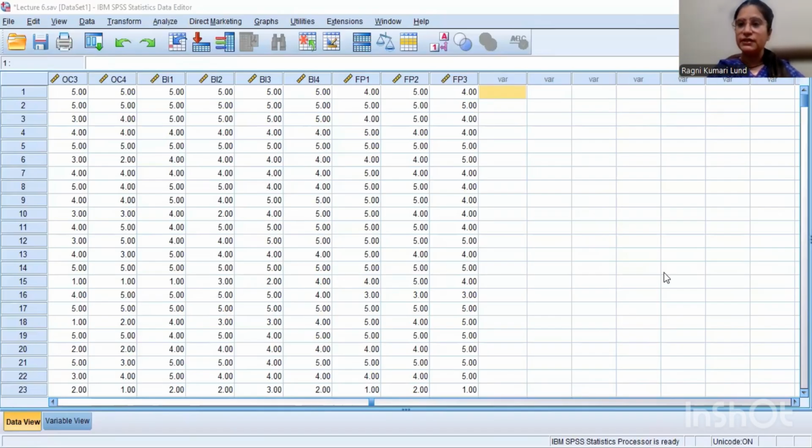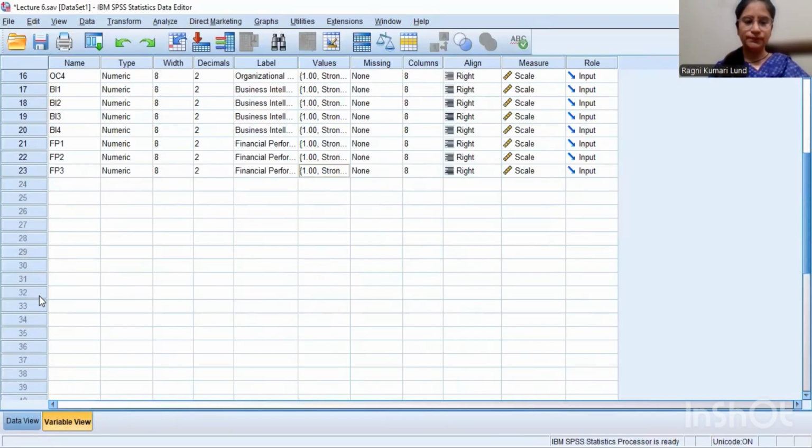So before moderation, first we have to add the moderator in our SPSS file. Here I am using the same data which I used in my lecture 1. Just copy this data and go to variable view. Here, add your moderator. For example, I am taking experience.